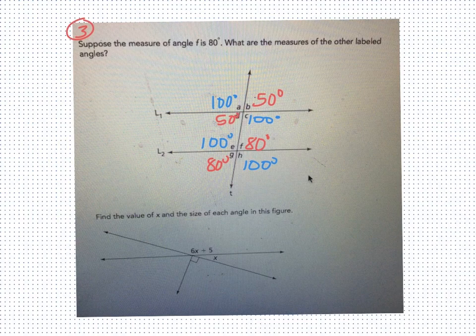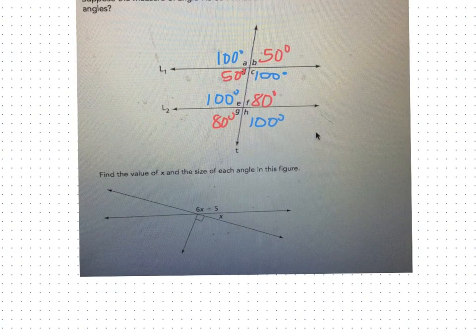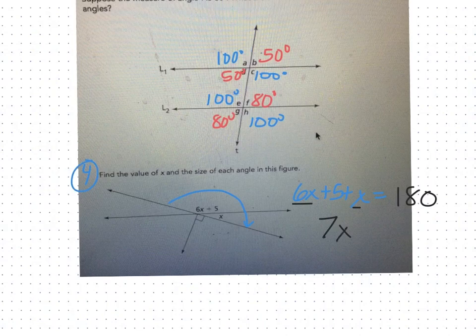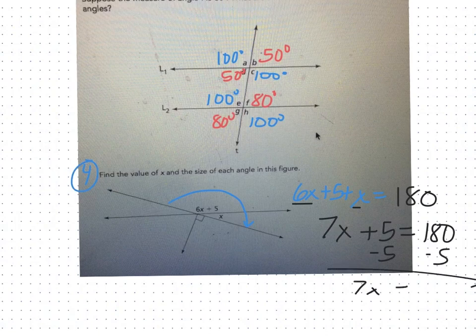And then finally at the very bottom here, let's call this problem 4. Find the value of x. So we know that these two angles together are supplementary, so they add up to 180. We could also say that they're adjacent because they're right next door to each other. So we're going to set them equal to 180. And we know if we have 6 x's and 1 x, you get 7 of those. Added to 5 equals 180. Subtract 5. 7x equals 175. If we divide both sides by 7,